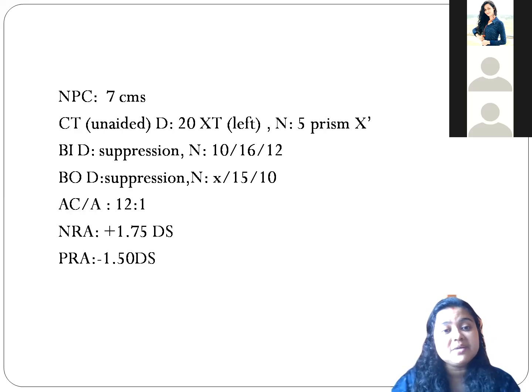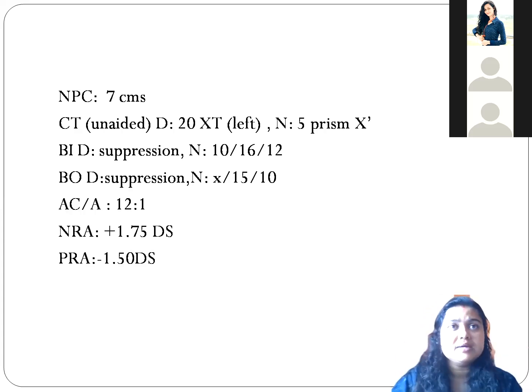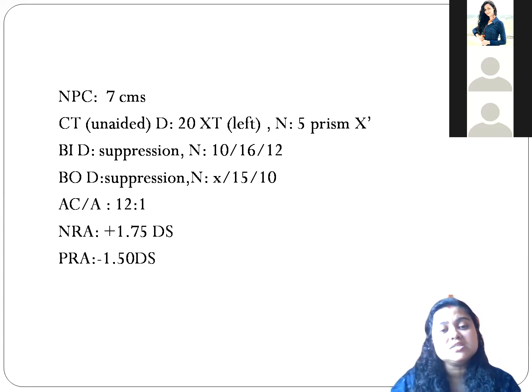See, if the patient is having 20 prism exotropia, you can do one thing. You can give vision therapy to the patient along with minus lenses. If the patient cannot see the distance bead or the intermediate bead to be single, give a minus 0.5 or a minus 1. With the minus 0.5, if the patient is improving, because with minus 0.5, 6 prism of exophoria will be normal, but he is having a 20 prism exotropia, so it will be difficult for the patient. But still, see if he can do the exercise with minus 0.5. Suppose he cannot, then give a minus 1, so it will be easier for him. Now, when you are giving minus 1 to the patient, that means